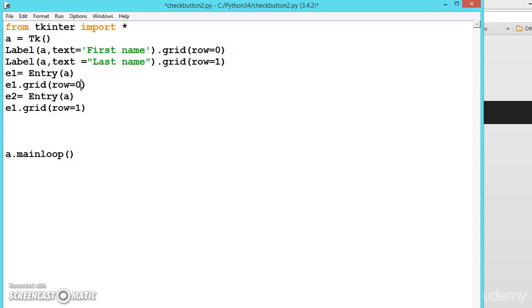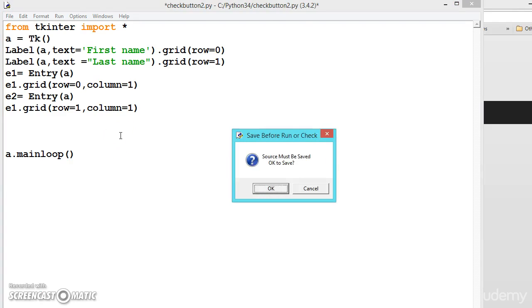So here it should be row 0, but on column 1. So after first name, this text will be displayed, and this one should also be on column 1. Now let us see the output.